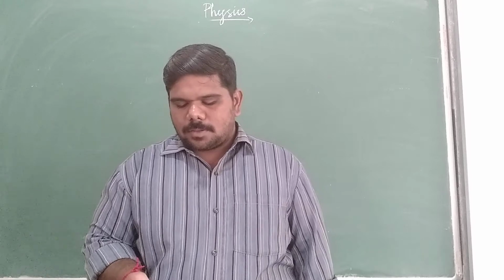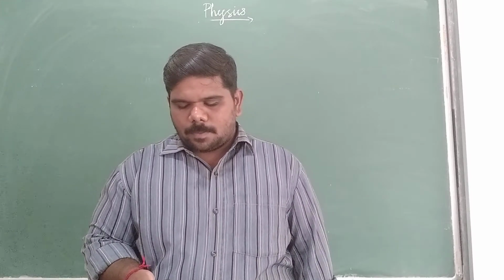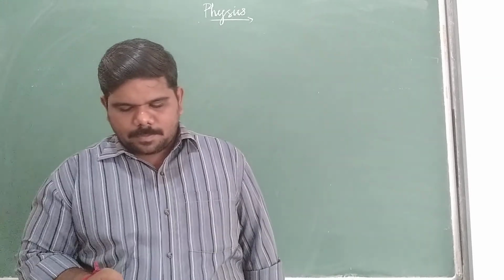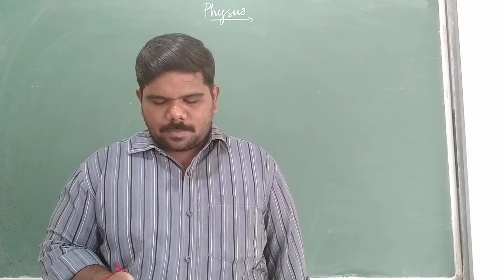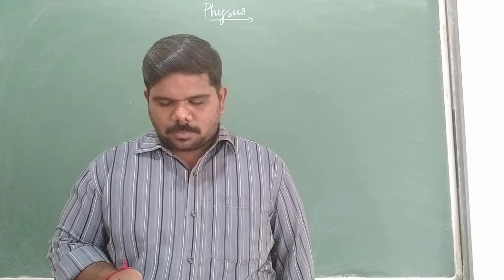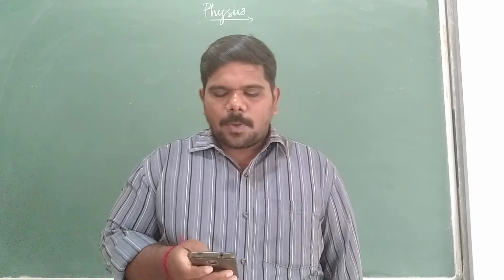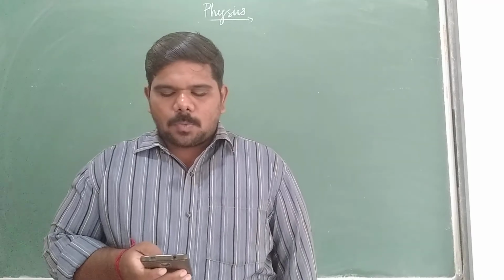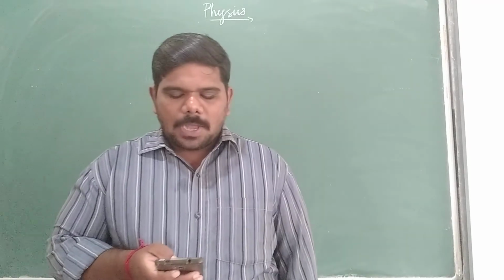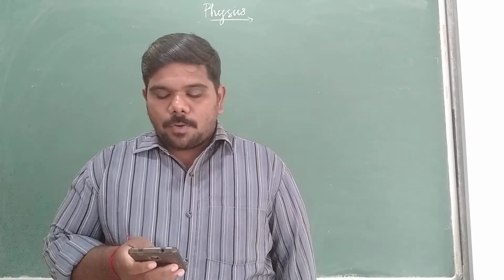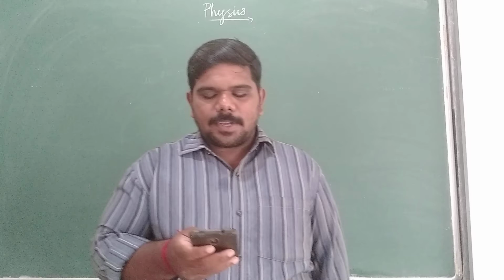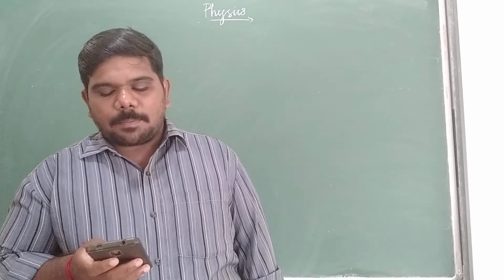Now you just take your book and mark the fourth lesson, the deleted portions. Fourth lesson, the deleted portions: 4.1 electromagnetic induction, 4.1.1 introduction, 4.1.2 magnetic flux, 4.1.5 Fleming right hand rule, 4.1.6 the motional EMF from the Lorentz force, 4.3 self-induction, 4.3.1 introduction, 4.3.2 the self-induction of a long solenoid, 4.3.3 mutual induction, 4.3.4 the mutual induction between two long coaxial solenoids.